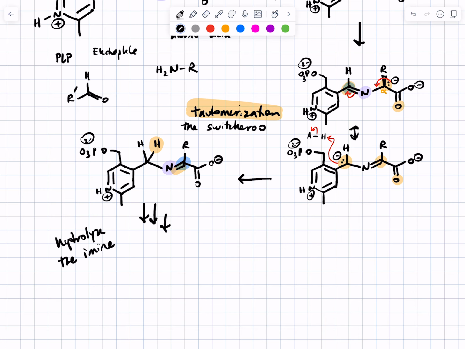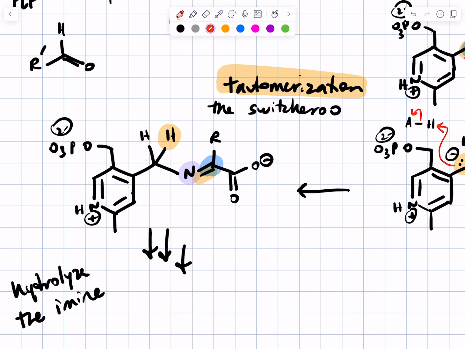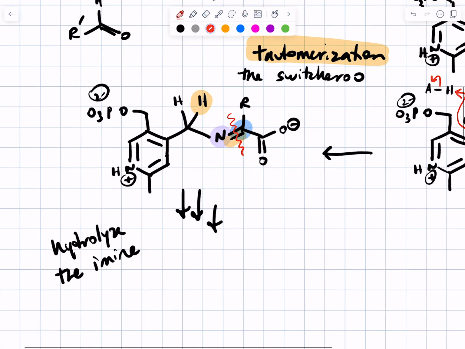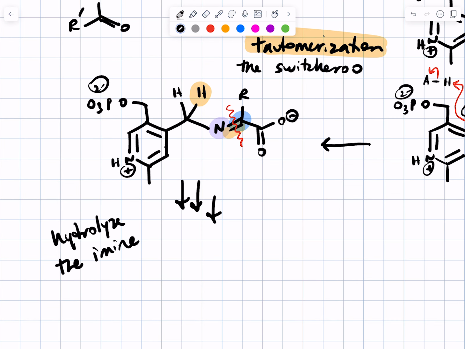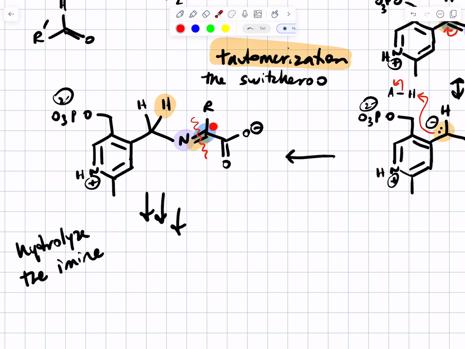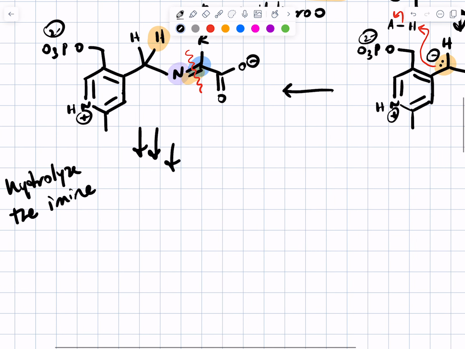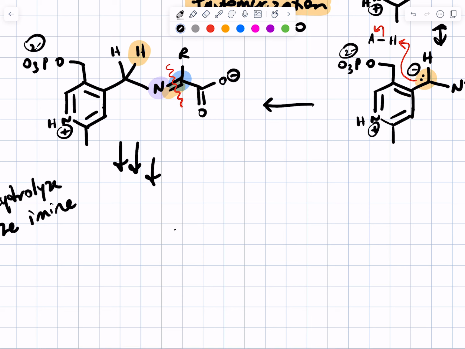And this is good from a predict-the-product sense. If I'm going to hydrolyze the imine, I want to identify the nitrogen and the carbon that it's doubly bonded to. When I hydrolyze the imine, those are the two bonds that I'm going to break. Hydrolysis involves water coming in as a nucleophile to attack the carbonyl carbon. There will be some proton transfer steps. In the end, though, what's going to remain on the right-hand side of this molecule once the hydrolysis has occurred